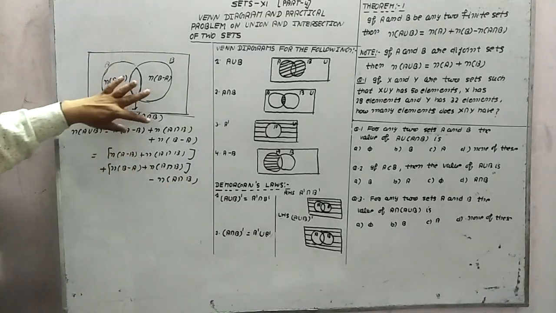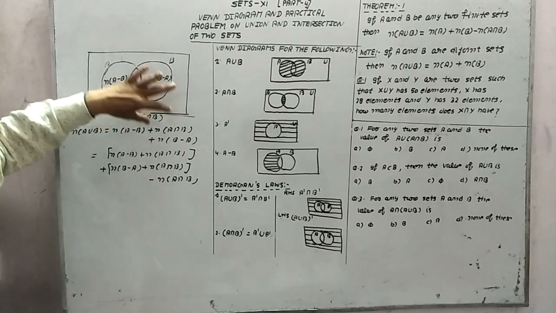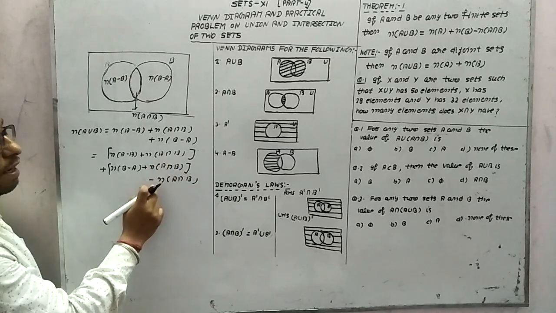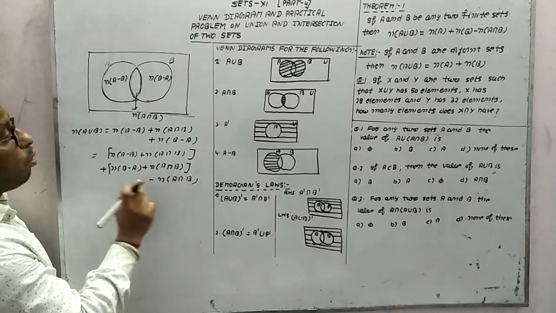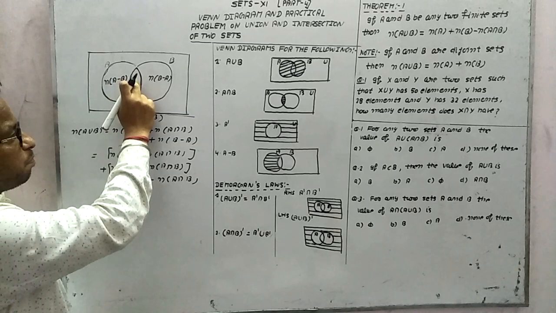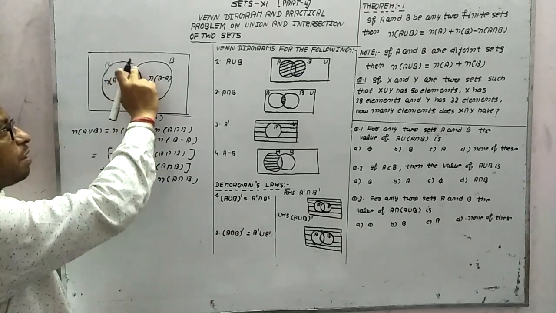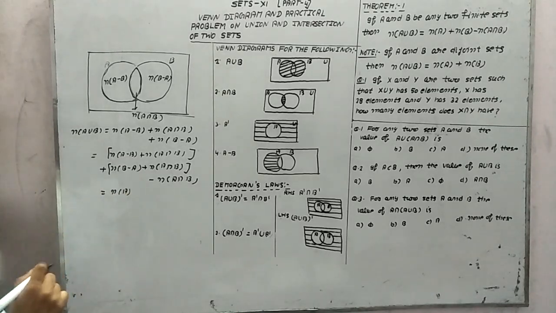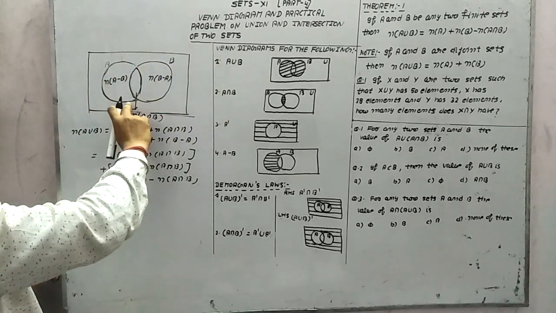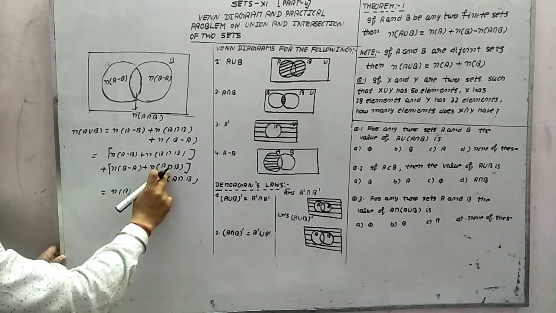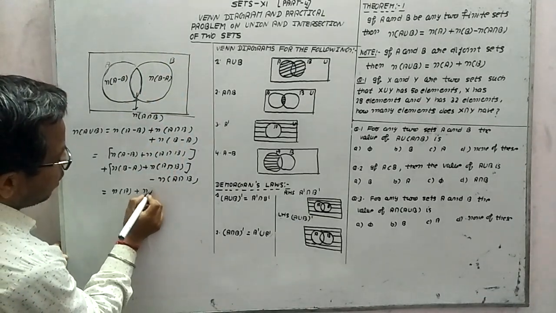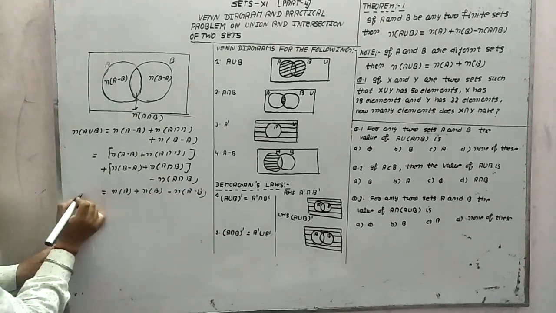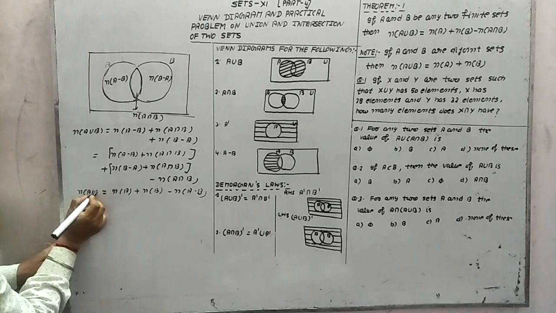It means, in normal language, you can understand that I added A intersection B and also subtracted A intersection B. Now by this Venn diagram, the number of elements in A minus B plus the number of elements in A intersection B, this whole is representing the number of elements in A. Now the number of elements in B minus A plus the number of elements in A intersection B, this whole is representing the number of elements in B, and this is the number of elements in A intersection B. This is the proof of this one.